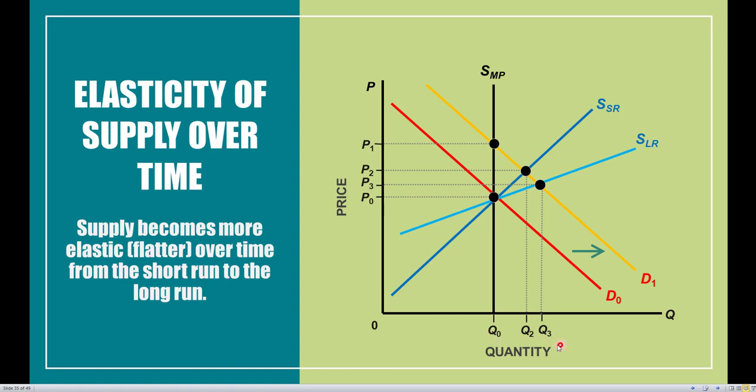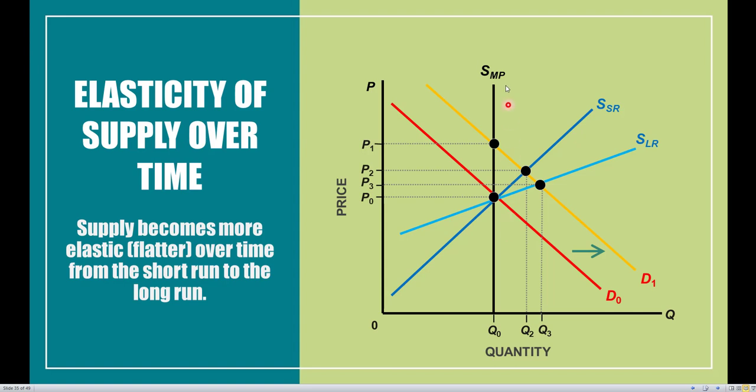But what happens to our quantity? There's a huge increase in quantity from Q0 to Q3, meaning that for a very small percentage change in price, there's a very large percentage change in quantity, which is just the definition of elastic supply. So from all of this, we notice that the time period is going to change the shape of our supply curves and exactly how much we're going to be bringing out into the marketplace.